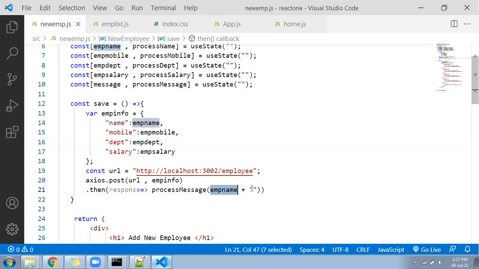Suppose your employee name you are adding is Suresh, so it will say Suresh saved successfully. So hope you got the idea what we are doing. With the help of the process message function, we are generating a new message and we are sending it to where? Message variable. And anyhow Axios will post this employee info to this URL and it will get added.